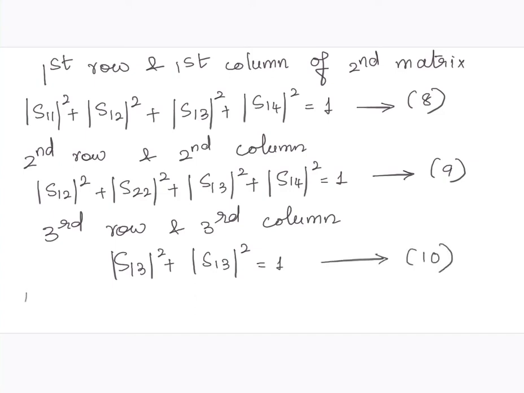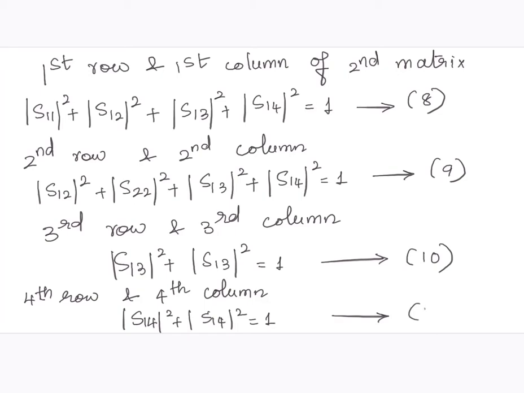Now considering fourth row and fourth column, in the same way this can be written as S14 square plus S14 square is equal to 1. So this can be written as 11. So now continuing with this, so if you consider equation